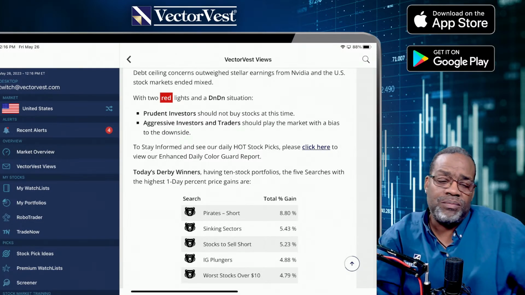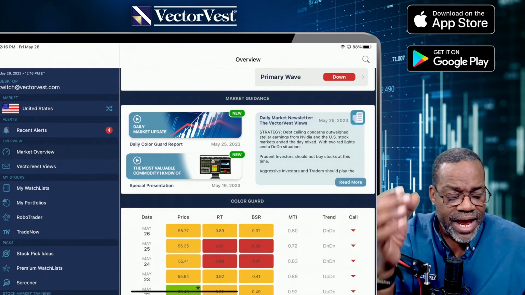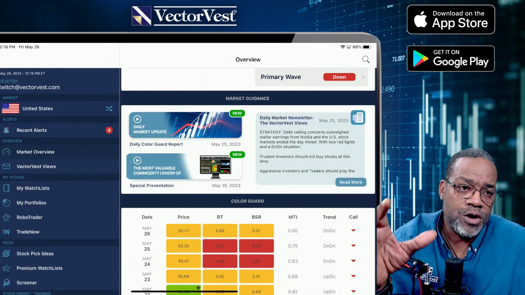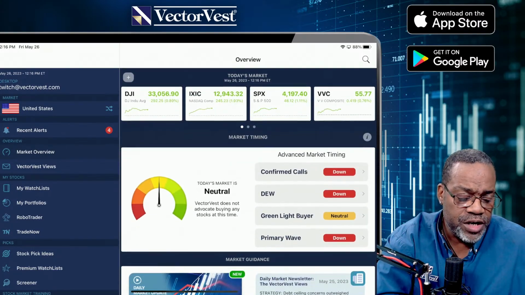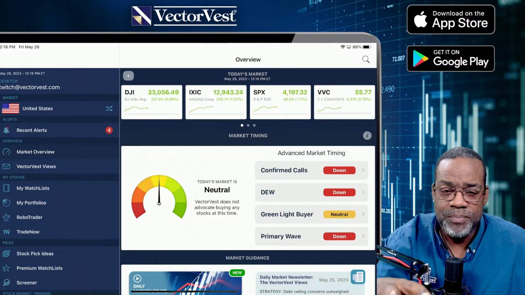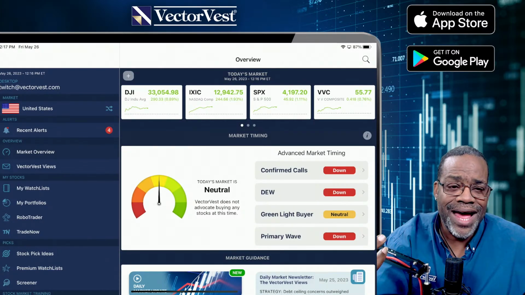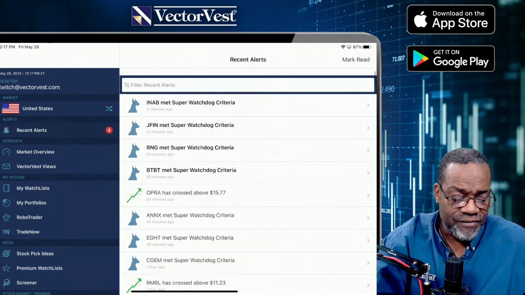But I could have set up these trades in the mobile app as well. Let me show you how. All right, I can use the power, knowing that the market is up today. I could use the power of the program within my pocket, aka the mobile app, to help me get some stock ideas. One, I have alerts.